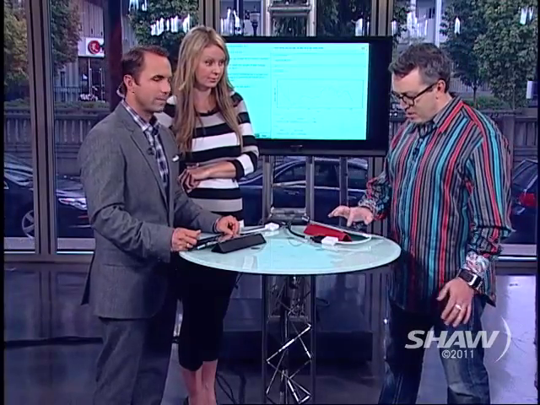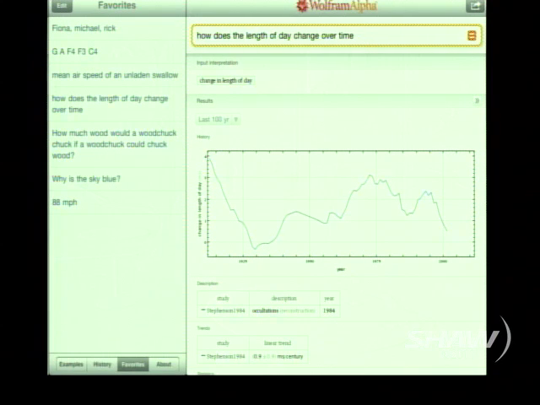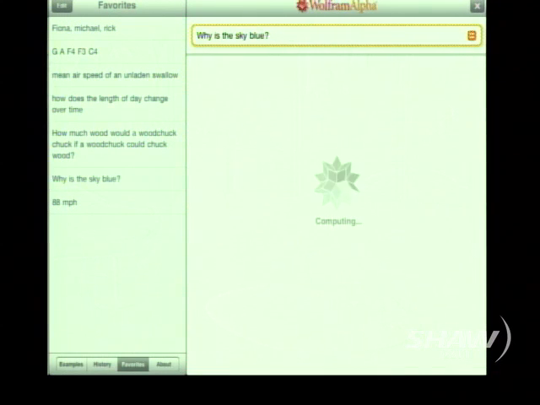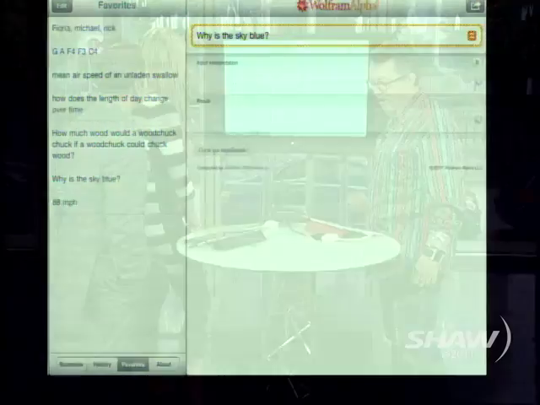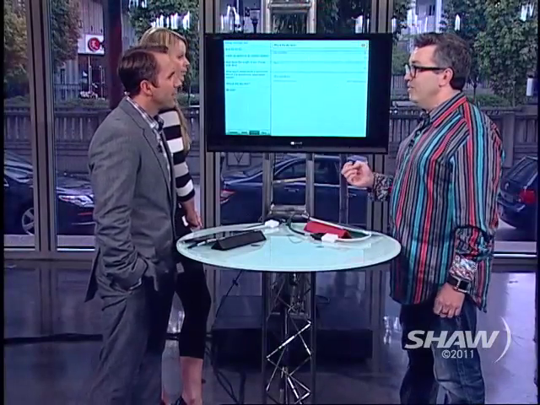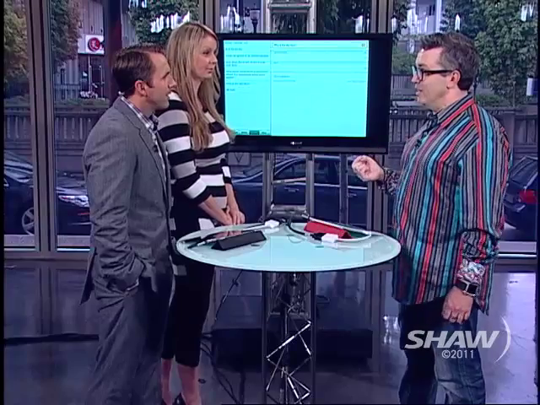Okay, let's move on to Wolfram Alpha. Wolfram Alpha is this crazy storage of all information. And you've got a 4-year-old, right? Yes. So you just ask it questions like, why is the sky blue? So I don't even have to think when I'm talking to my kids anymore. And if the answer will come up, it's still spinning over here, it will give you the scientific explanation for why the sky is blue.